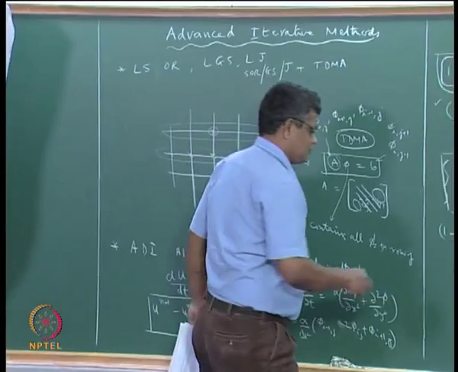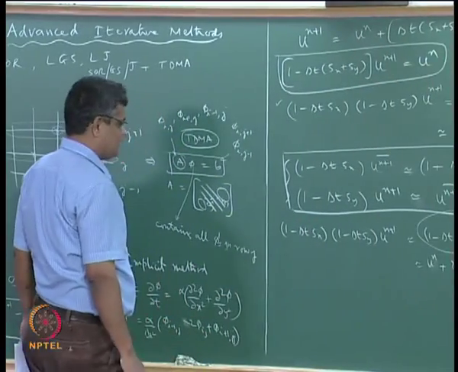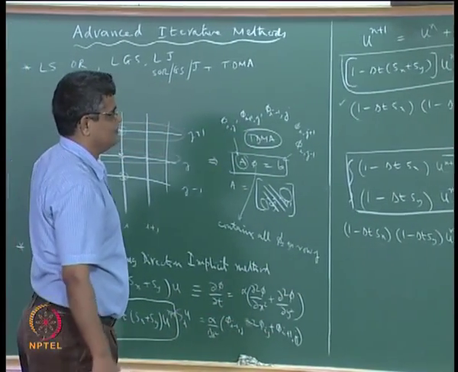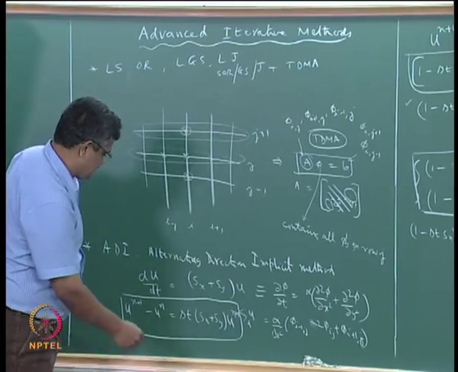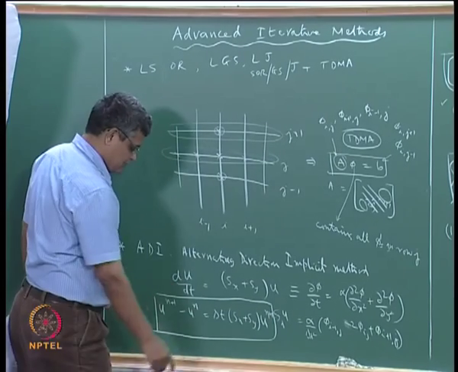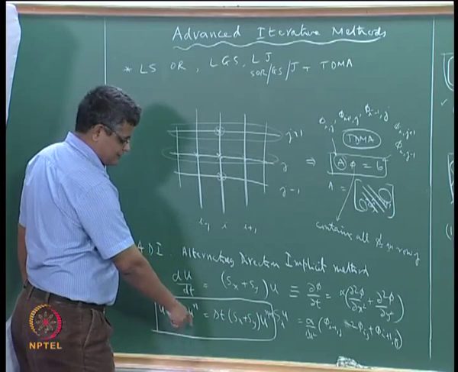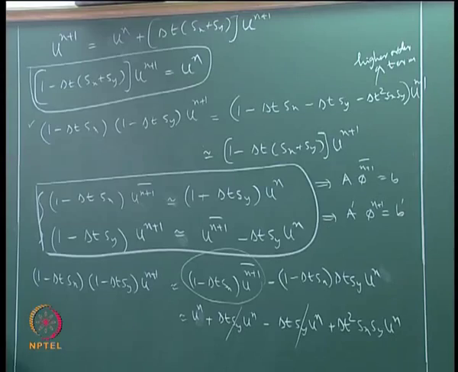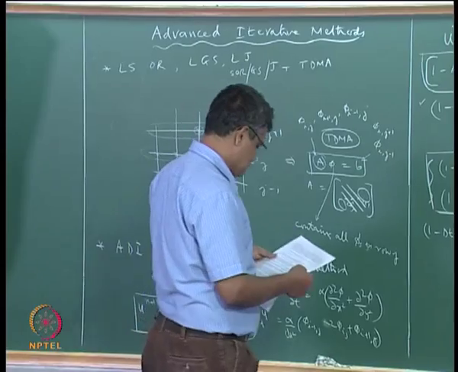So this method is called obviously alternating direction implicit. And why implicit? Because the right hand side is being treated in the implicit way, and the resulting two-dimensional expression is being converted into a two-step process. And we can easily extend this to a three-dimensional case also. And for example, in that case we can do like this,